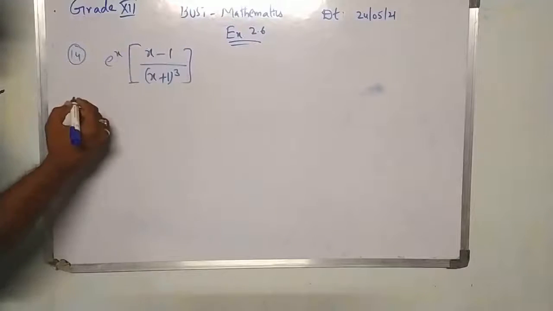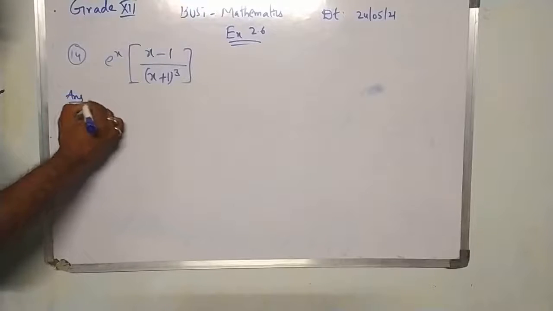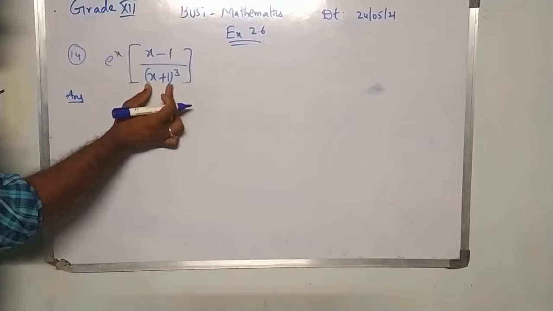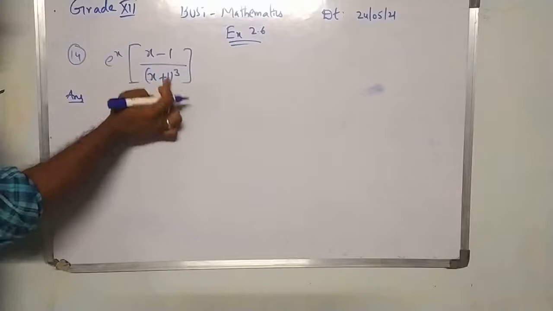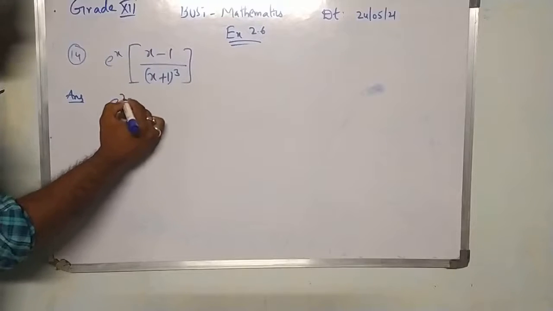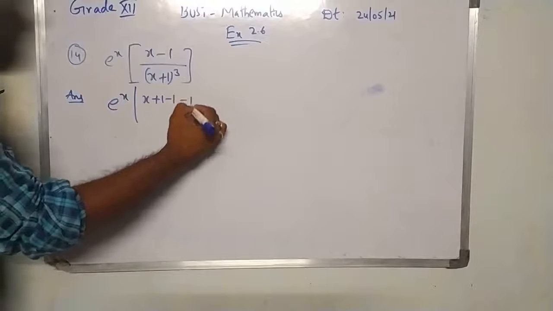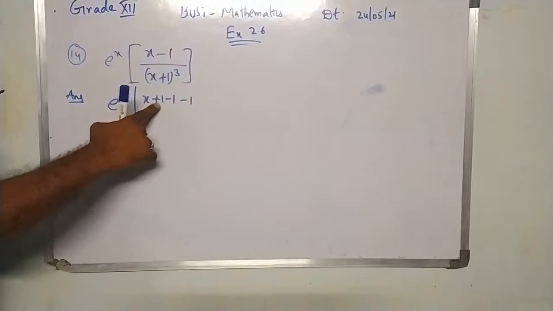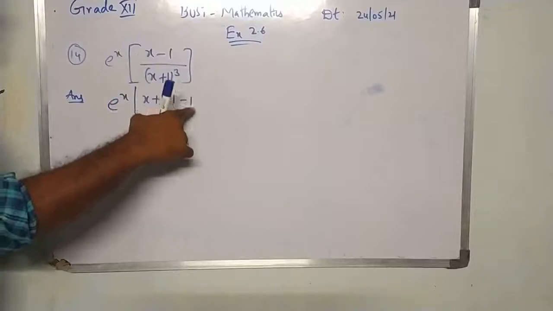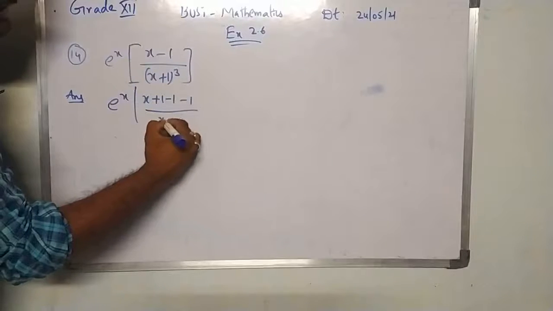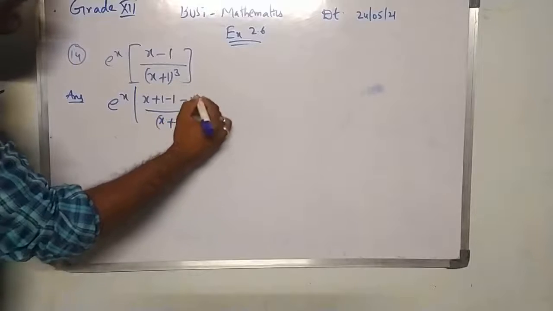So in this case, the denominator x plus 1 is a single term, but a whole cube is there. x plus 1 is not there in the numerator, so we will make it as x plus 1. So what can I write here? x plus 1 minus 1 minus 1. Means I am adding plus 1, so I will subtract 1, so that it will be balanced. Minus 1 is extra, that is what we are writing here, by x plus 1 whole cube.